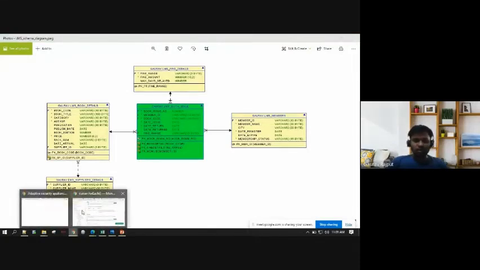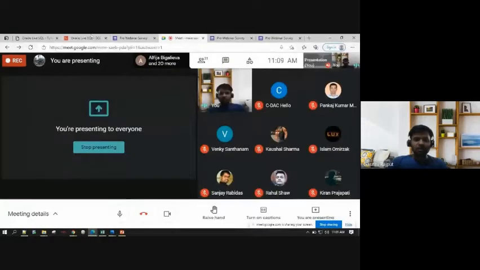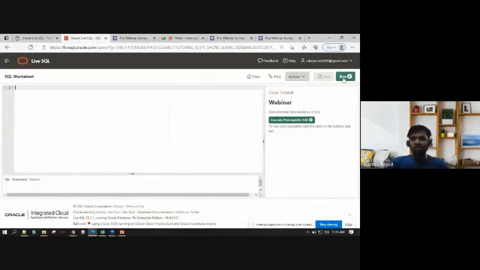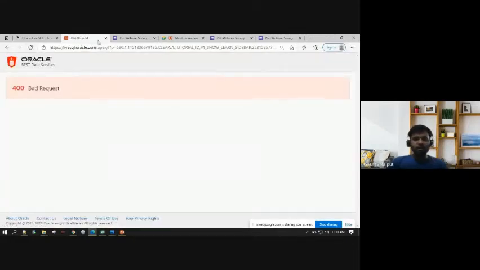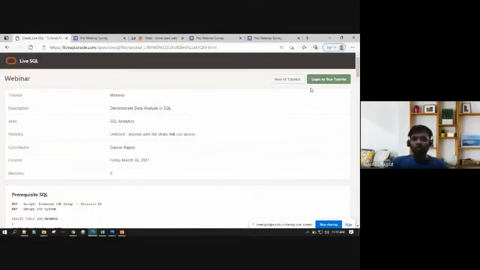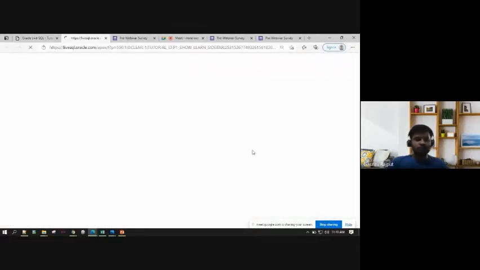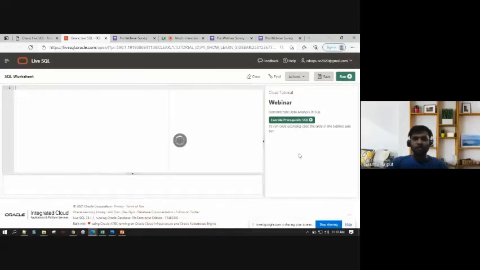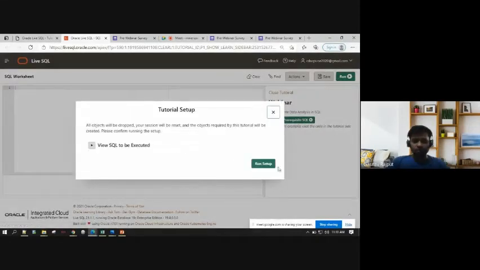So what is data analysis? Let's look at data analysis, right? So I'm using Oracle as a tool to demonstrate this, but it's not that you would basically use Oracle. You could use any of the tools, right? Like I said, you could use NumPy, Pandas. End of the day, it's SQL. So I've tried to keep it simple and just run SQL and show you how I will analyze the data, right? So I'm just running the setup.